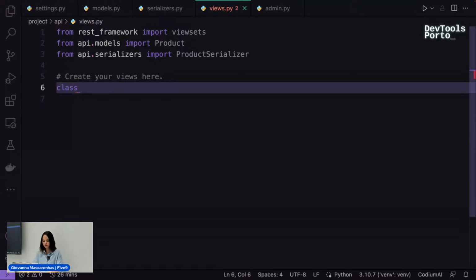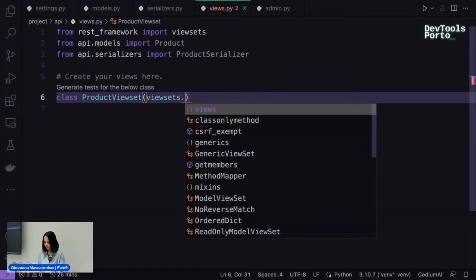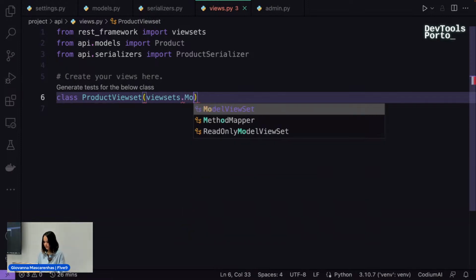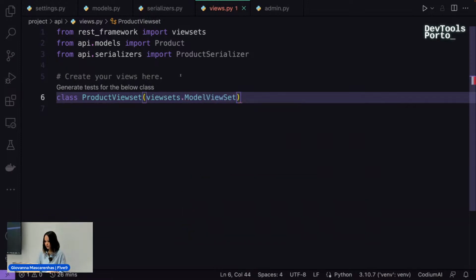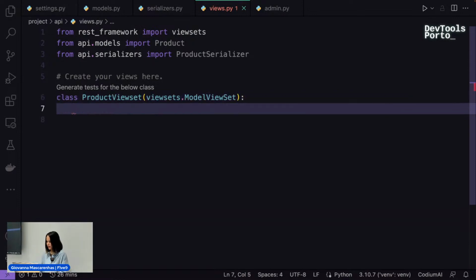It's up to you to choose what we want to use. So I'm gonna call this ProductViewSet, and I'm gonna call here viewsets.ModelViewSet. Again, you see the model here because we are working based on the model, but you can use another class that you want.